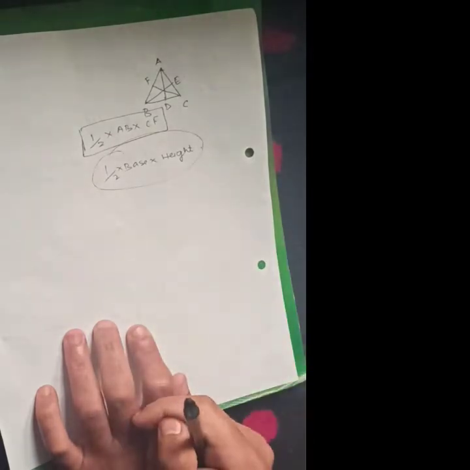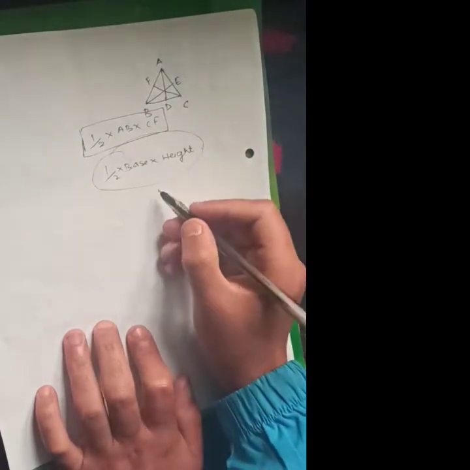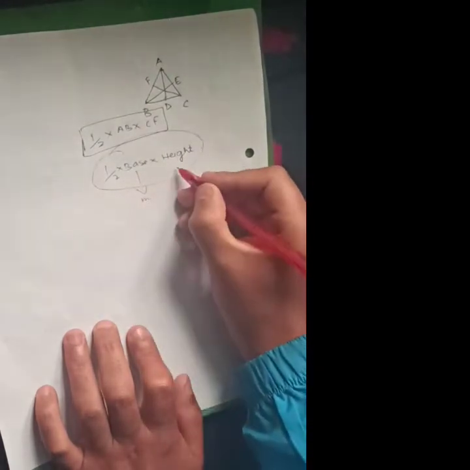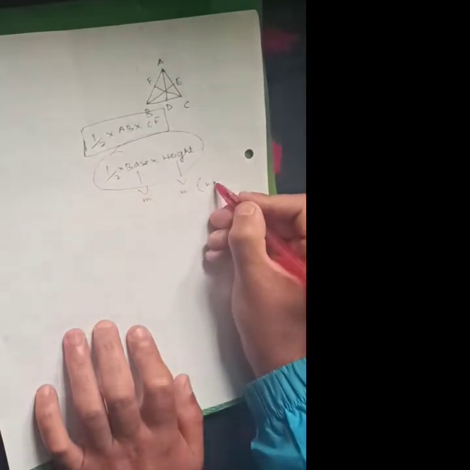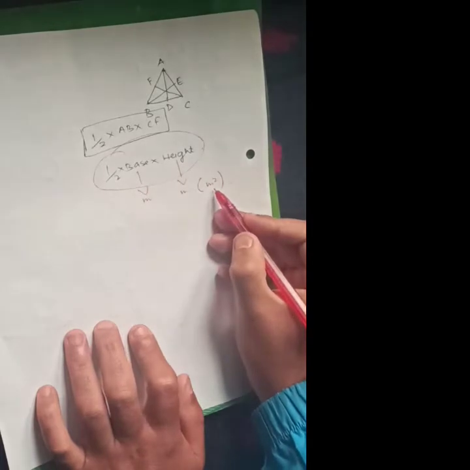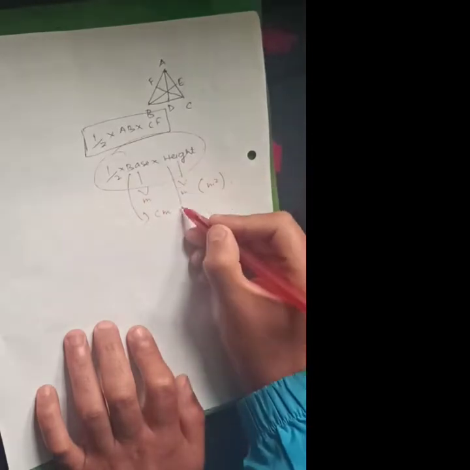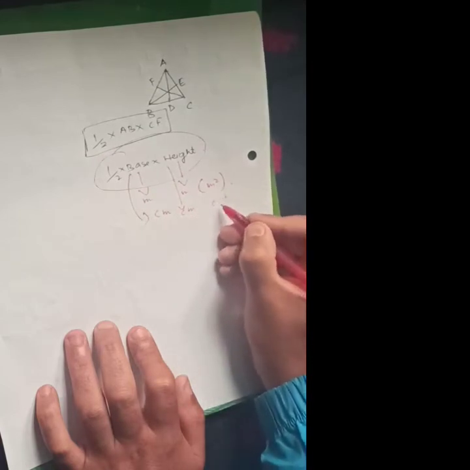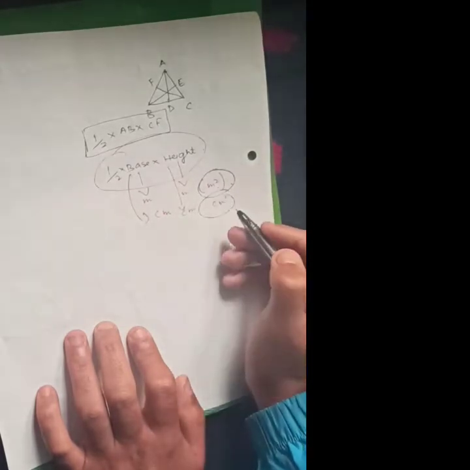given. So you should know what is the SI unit of area, just like you have known what is the SI unit of perimeter. Here if base is given in meters and height is given in meters, then meter into meter will become meter square. So the SI unit will become meter square. If the base is given in centimeter and the height is given in centimeter, the centimeter into centimeter will become centimeter square. So the unit of area is meter square or centimeter square.